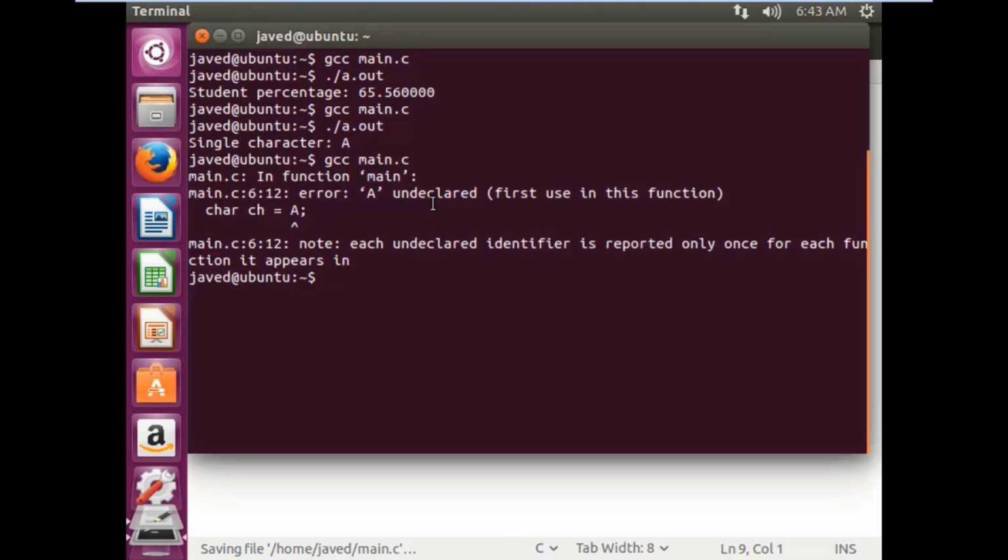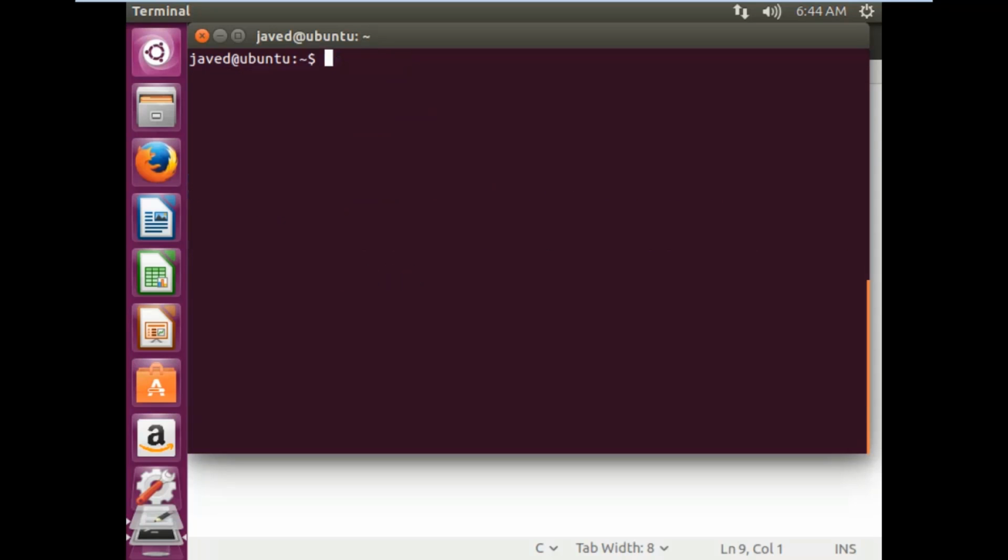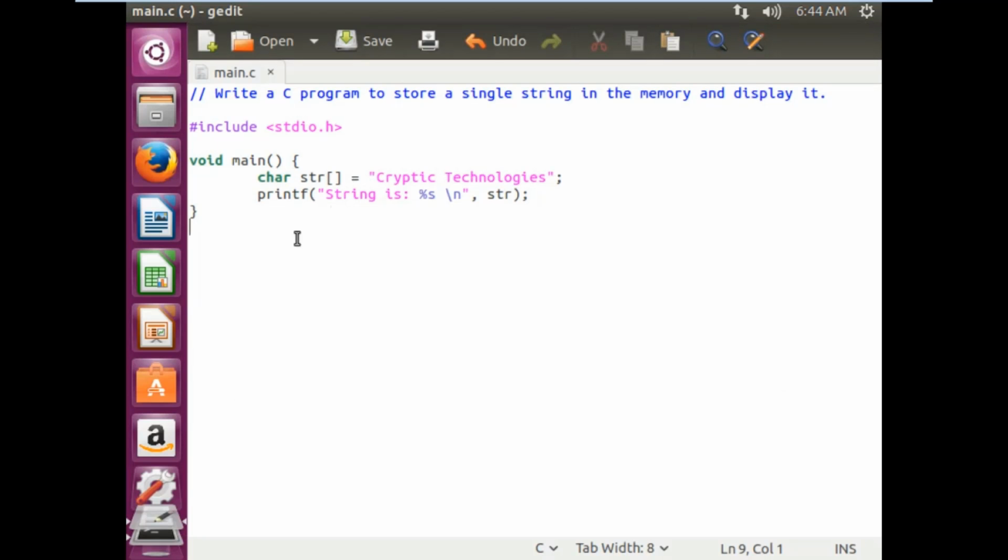and again clear, compile it and run it. See the output, you can see the output. Okay, so it's coming in a proper format. Okay, so in this way we can